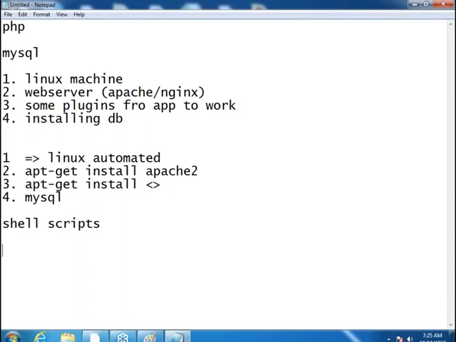Okay, we hand it over to a system admin and he doesn't know your prerequisite, and basically what happens is he executes on a machine where there is an Nginx already present, and then he tries to install Apache on that, and Apache will not work because both will be trying to use port 80 and they will be having some problems around it. Okay, so how to resolve all of this?